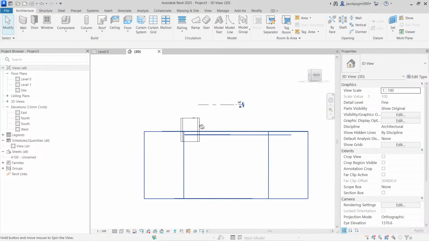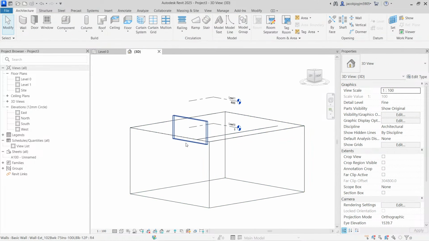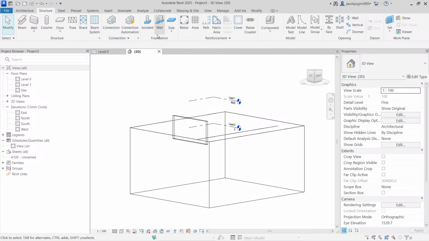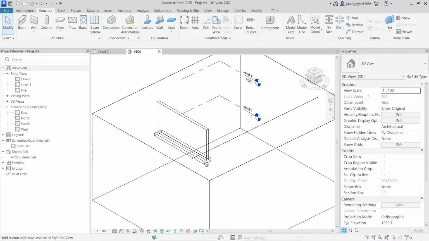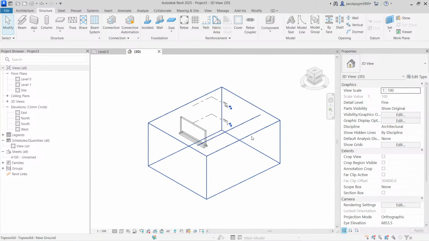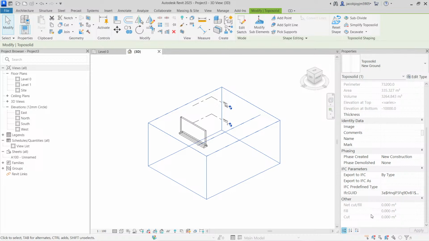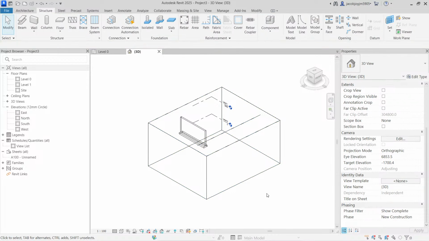They can give the height, so the wall is going down, and let's say we have a wall foundation. Go for structure, take a wall foundation and give wall foundation. Okay, now if I select, you can see cut and fill is 0, but if I join these two materials,